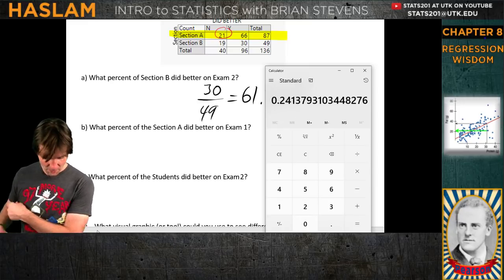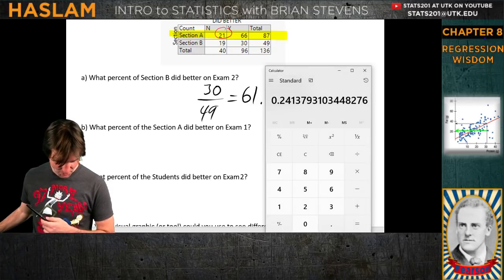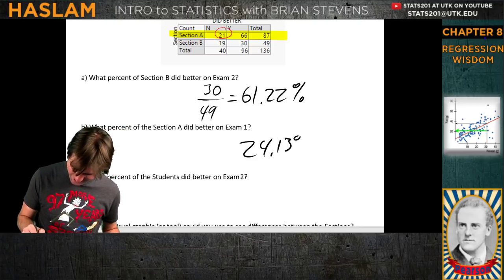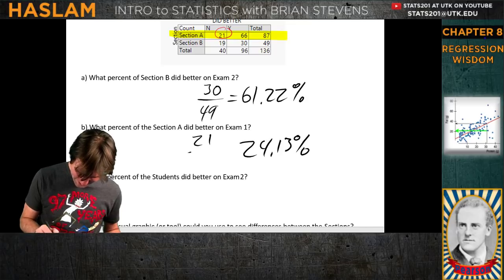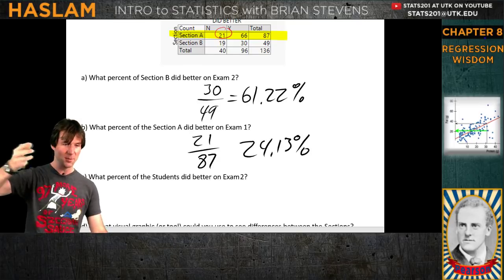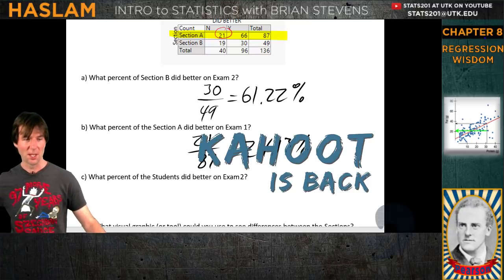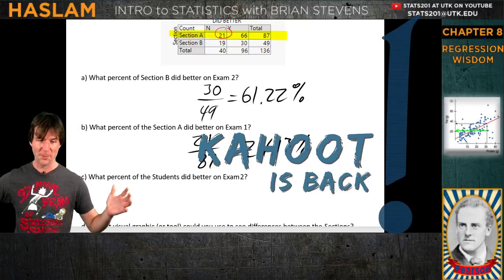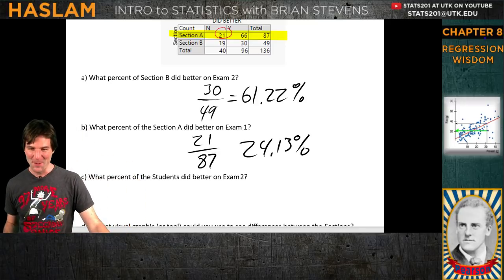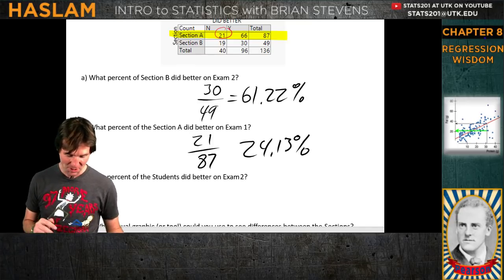My Red Bull energy is low. We need to talk to Red Bull. It's my ongoing theme. If I can get sponsored by Red Bull, I will. 21 divided by 87. We just need a Red Bull refrigerator like Ninja back here. I just open it up and pull out a Red Bull. And we just have a graphic come in. Oh, there we go. You know it had to happen today. So we can just have our Red Bull graphic come in. I do drink coffee. Coffee is excellent. I had coffee today. But I have become addicted to Red Bull.